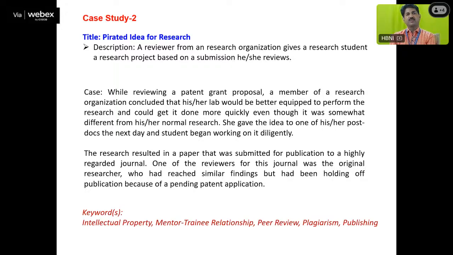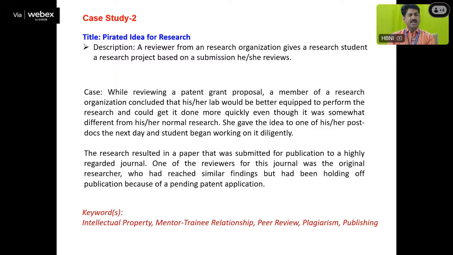But if this had not reached the particular research fellow who did the actual research, then this paper might have been published in a highly reputed journal, and the person who actually did the work and sent it for patent filing would have been penalized, or that work may not have been accepted. So this is definitely an issue of intellectual property, mentor-trainee relationship, peer review, plagiarism, and various publishing things are questionable in this particular case,